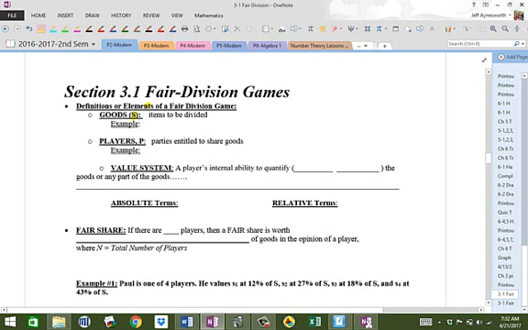So when you divide something, whether it be pizza or a cake or a piece of land or whatever you're dividing, those are the goods or the assets. Okay, and they're the items to be divided. Now, there's two types of items that typically are divided: the physical ones and the intangible ones. So, in respect to the physical items,